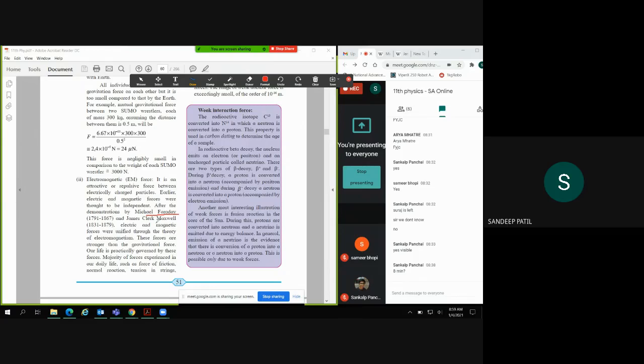Michael Faraday was a great scientist, with due respect to him. He has not gone beyond algebraic equations, like quadratic or cubic equations, like x square plus 2x, or trigonometry, something like sine cos theta. He could not put it into differential equations.